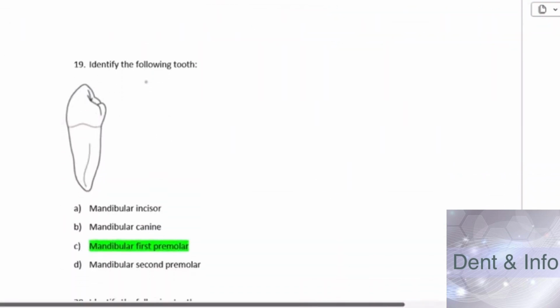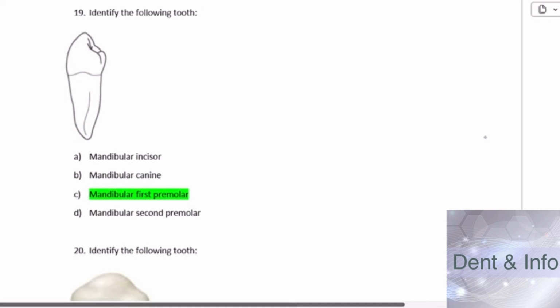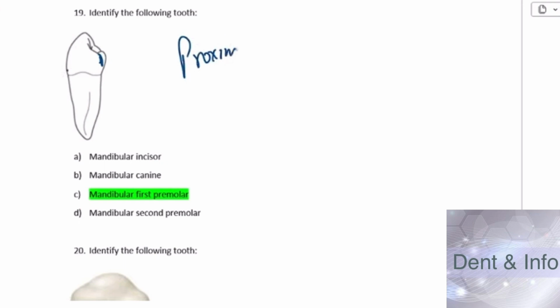Now next, identify the following tooth. So in such questions, we can easily make out that this is a premolar. Now is it first premolar, second premolar? We can see this groove coming here. What we are looking at here is the proximal aspect, the mesial aspect of